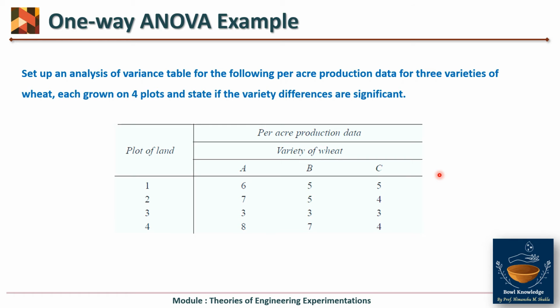So there are 4 plots, so there are 4 samples. But what is the variable? There is only a single variable: only the variety of wheat is being varied. We are also varying the plot, but those are called readings. So as there is only one variable, which ANOVA will be applicable? You can see the title, one-way ANOVA will be applicable.